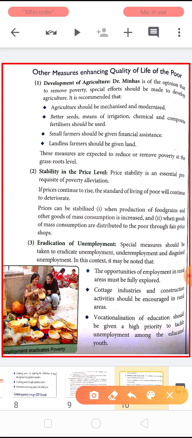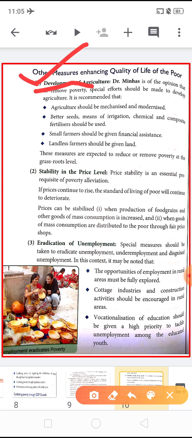Now, the last one is other measures enhancing the quality of life of the poor. So, in this measure, we are going to learn how we can increase the quality of life of the poor. The first one is the development of agriculture. So, children,